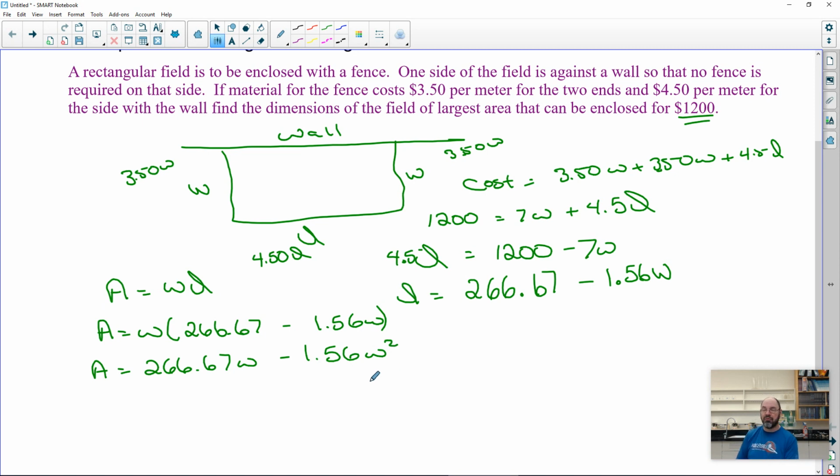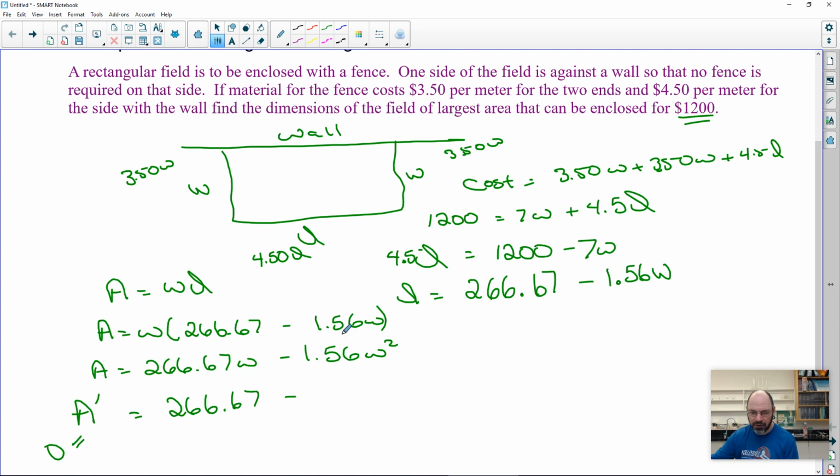Okay, now we want to maximize the area for that cost. So in order to maximize the area, we have to find a critical point. So that means derivative. So we take the derivative and set it to 0. So A prime is what we're going to set to 0. So A prime is going to be 266.67. Okay, W drops out, minus